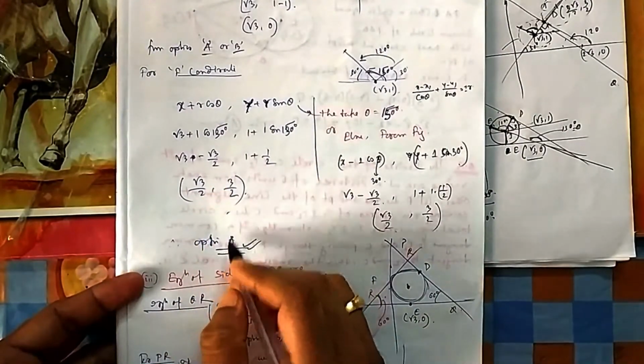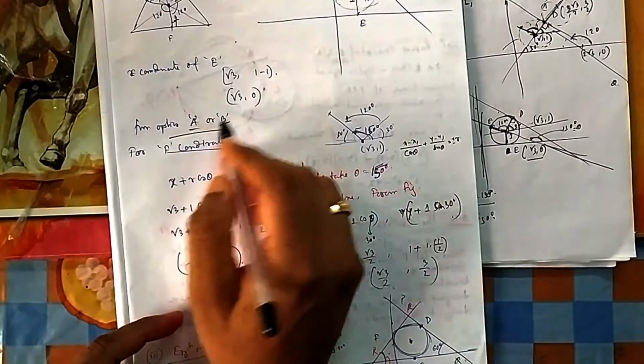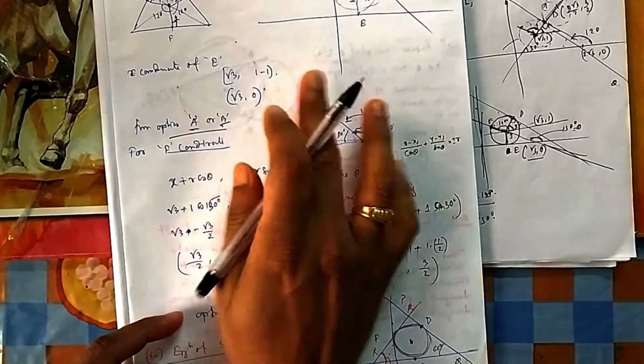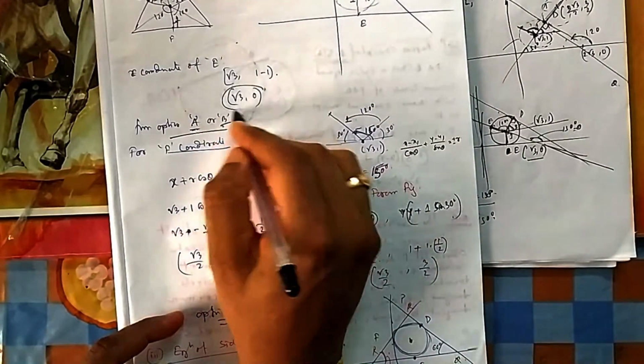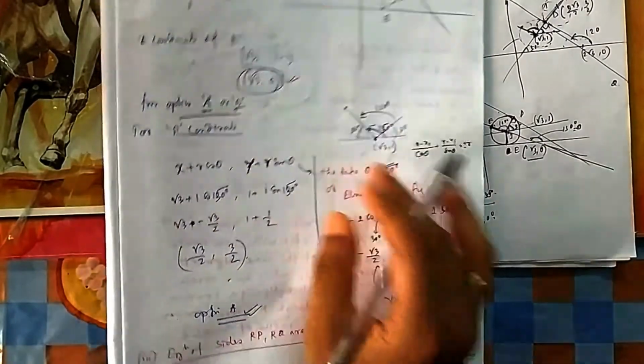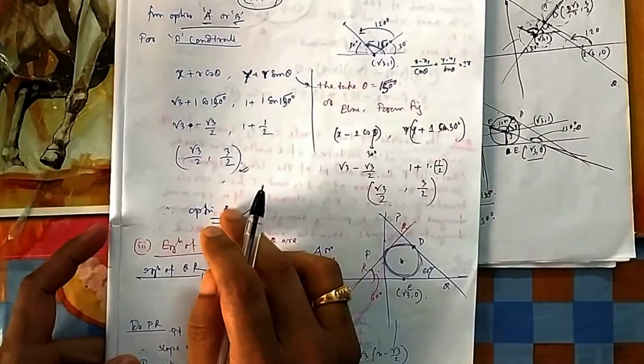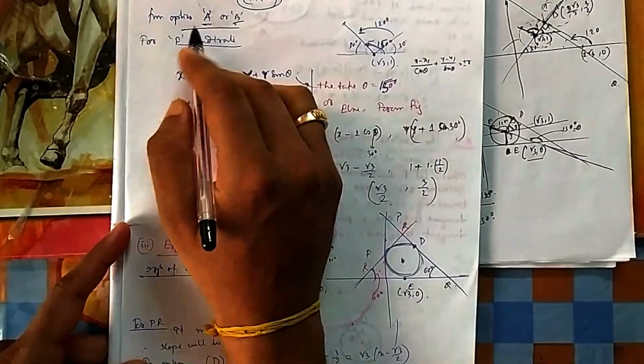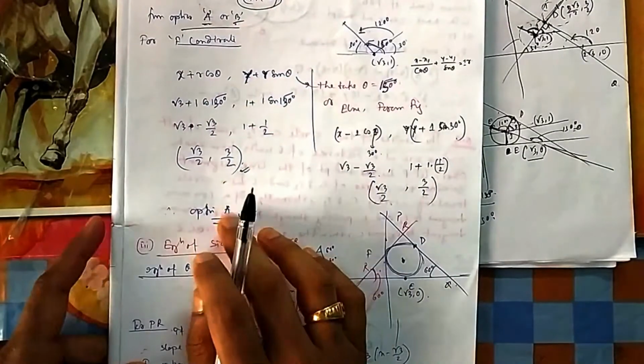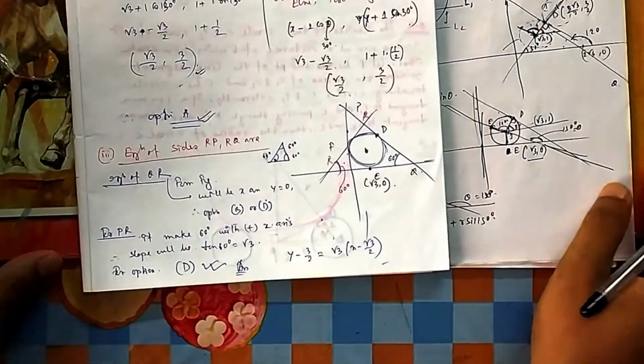So your E and F both are from these options only. If you calculate E, you can see it will be A and B only. C and D is gone, because E you already got. So 2 options you can easily eliminate. So from the F coordinate you can find it out. It should be either A or B. C and D is gone, so it should be option A only.